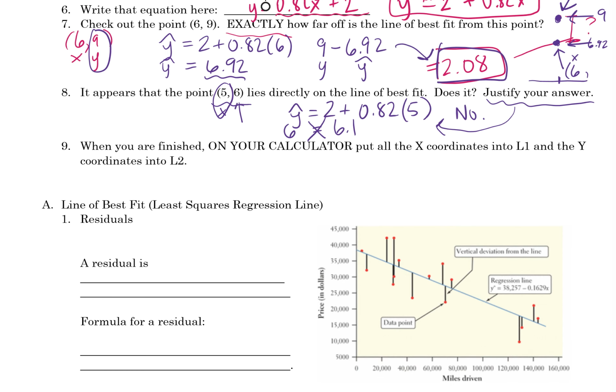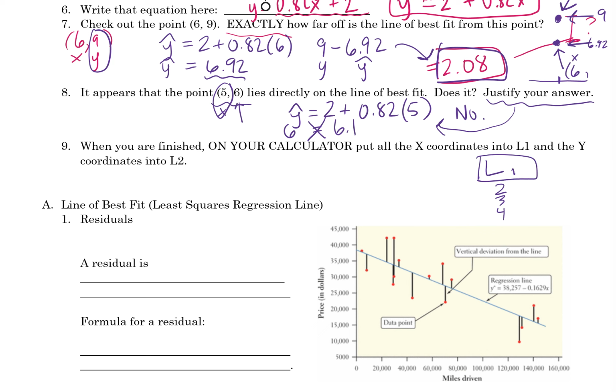Also, a couple of housekeeping procedures for your calculator. If you have numbers in L1 and you want to clear those numbers, you're going to